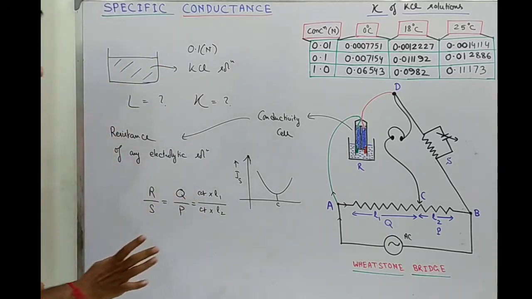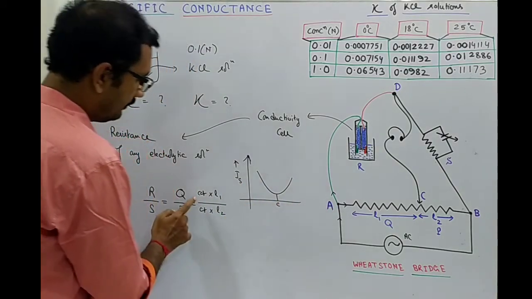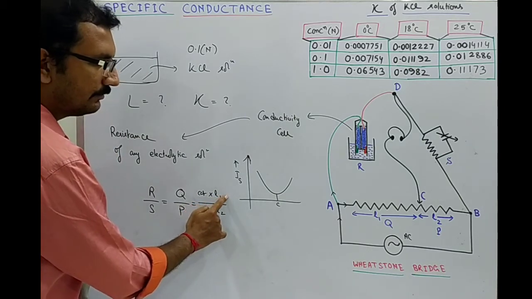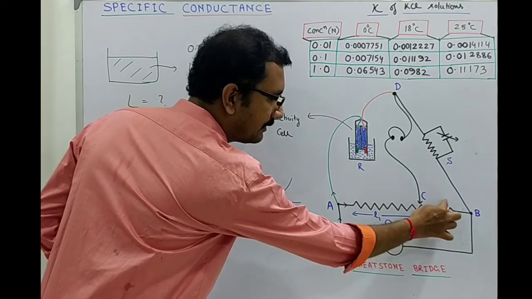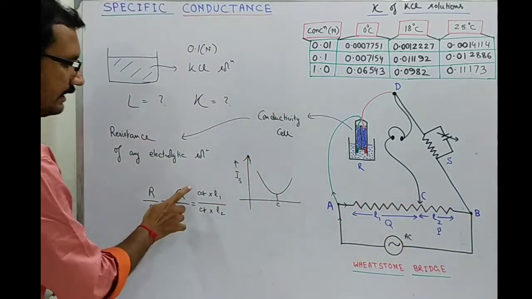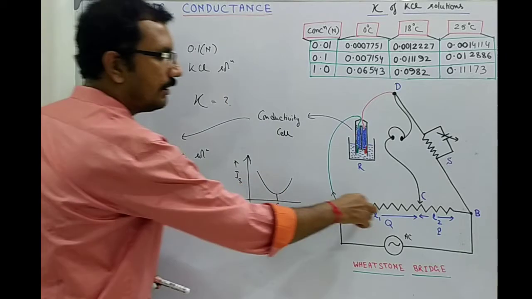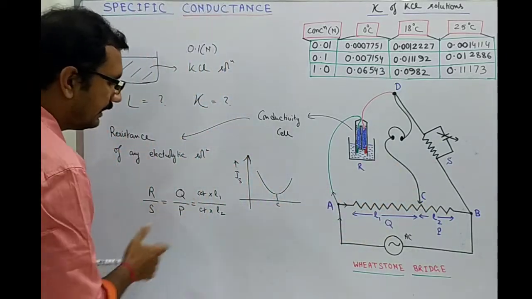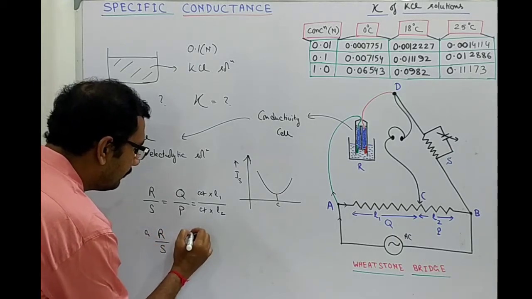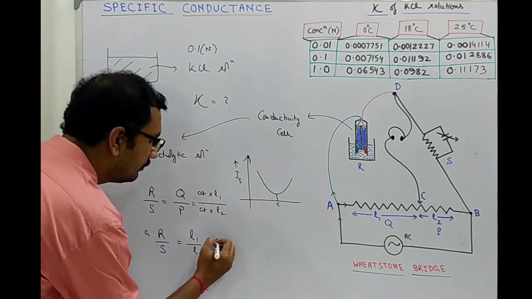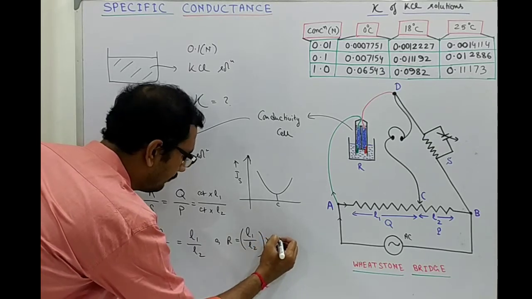So, what will this constant be? This resistance Q will be the gradient multiplied by the length. So, resistance per centimeter into how much length, and here also resistance per centimeter into how much length. So, that is a constant for the entire wire since it is uniform. Those will cancel and will give you R by S equals L1 by L2, or R equals L1 by L2 into S.